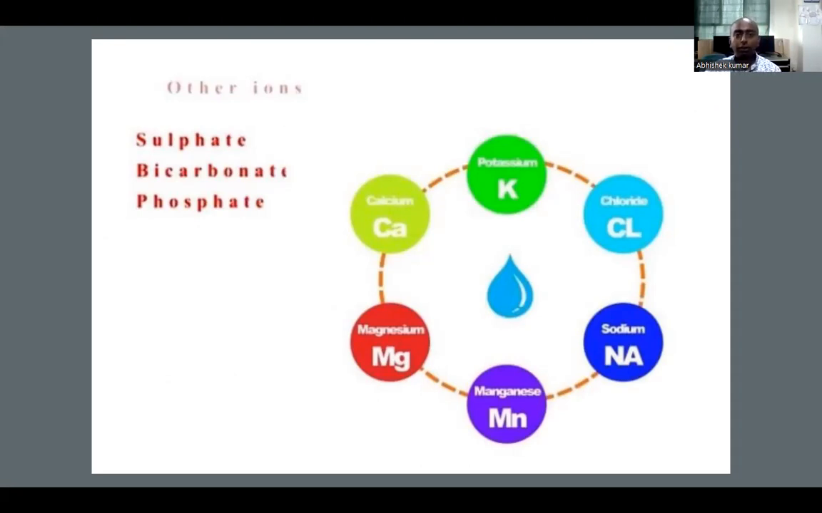Other ions are sulfate, bicarbonate, and phosphate. These are other ions which are helpful. So the major ones are potassium, chloride, sodium, calcium, and magnesium. So today we stop here. We will meet in next